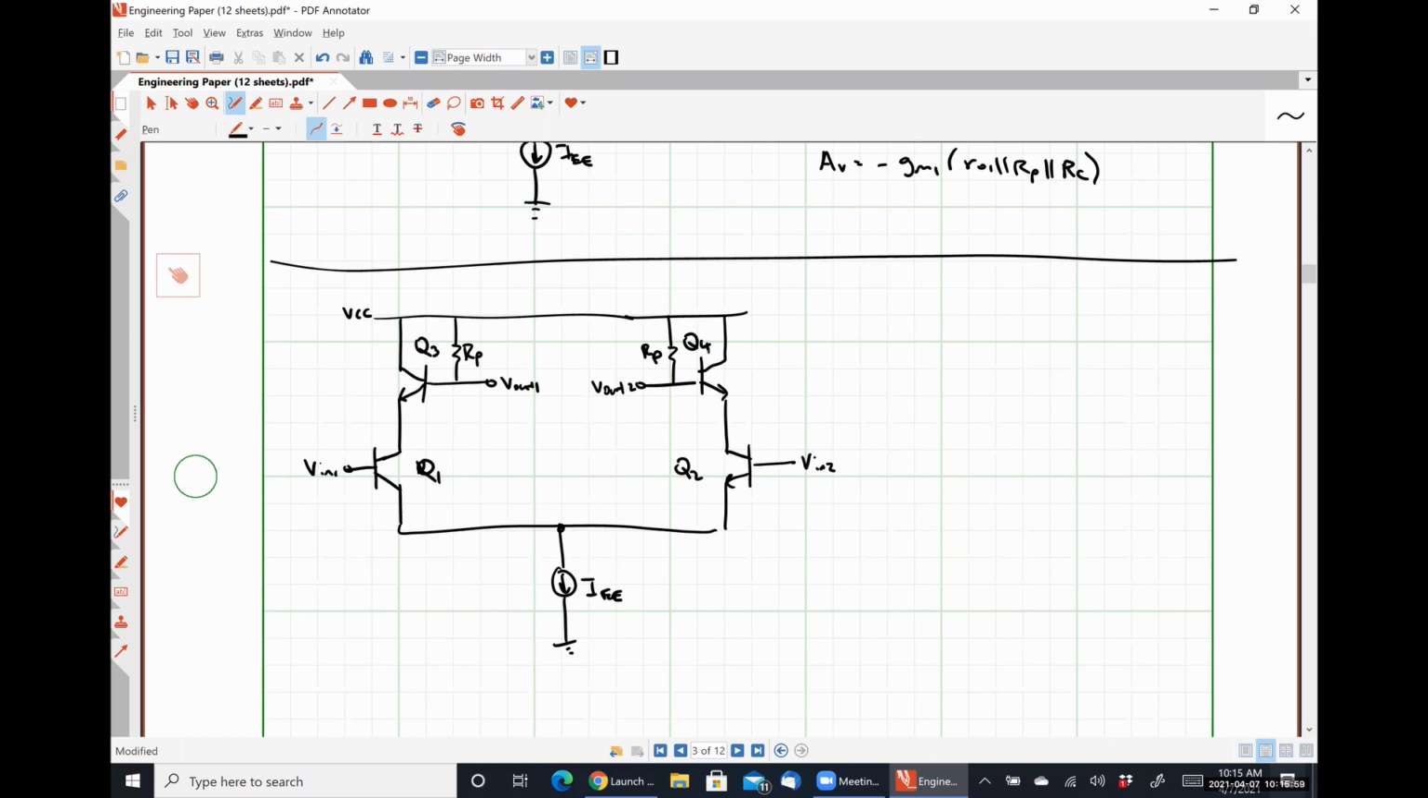Now I will say that doing the short circuit transconductance and then the output resistance for this guy, in my opinion, is harder than just measuring the output resistance, the voltage gain directly. And I'll explain what I mean by that in a moment. So let's look at our half circuit, right? So we have